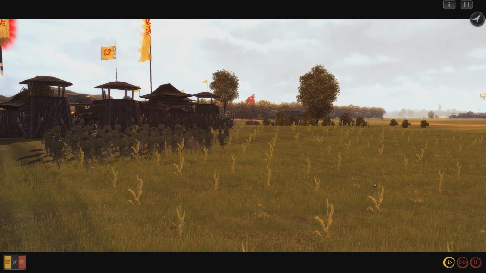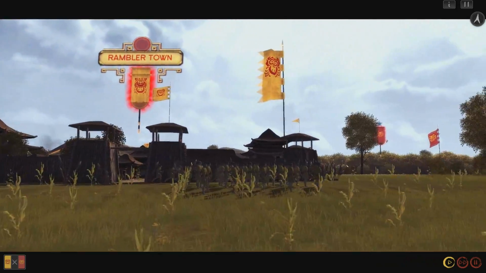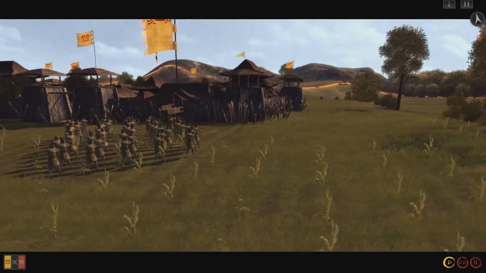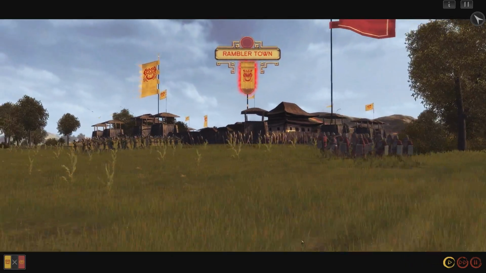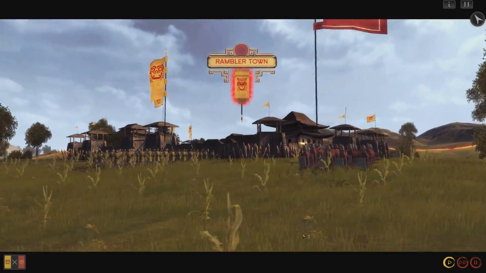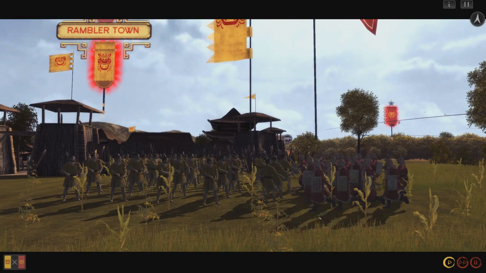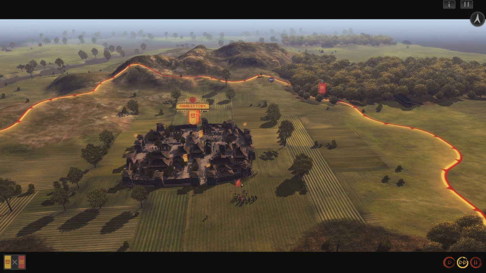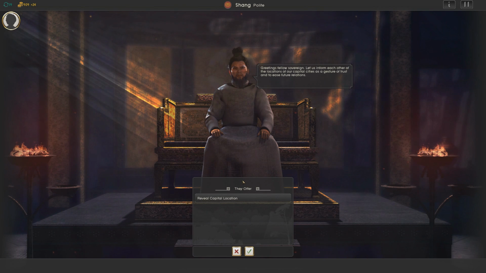Oh, yes. Take up positions, boys. Fire. Protect Rambler Town. Protect... Oh, for the love of God, fire. Oh no. I feel like I could have made a mistake here. Okay, we didn't manage to drive them off. But it looks like they're...